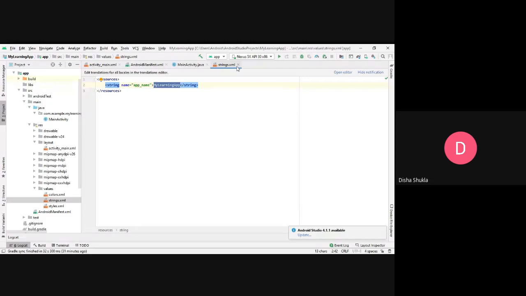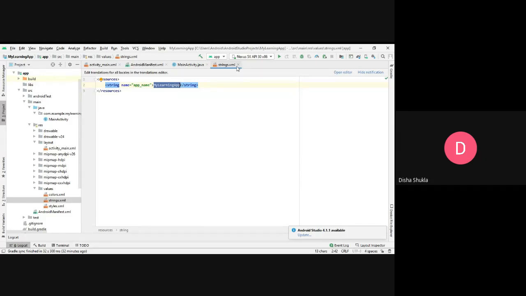Say for example, you have more than two forms, or you are designing some different forms, and at each form you are going to take the name of the user, the password of the user, say for email id, phone number, etc. Then at each point you have to mention it either using the text view or the edit text, wherein you have to use that particular string.